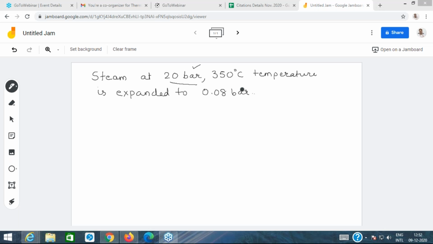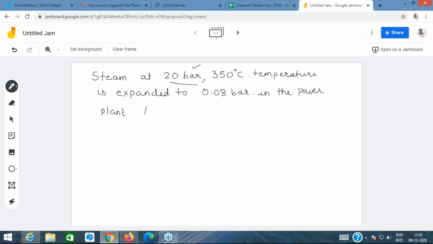Okay, so assuming the ideal Rankine cycle, you are supposed to calculate